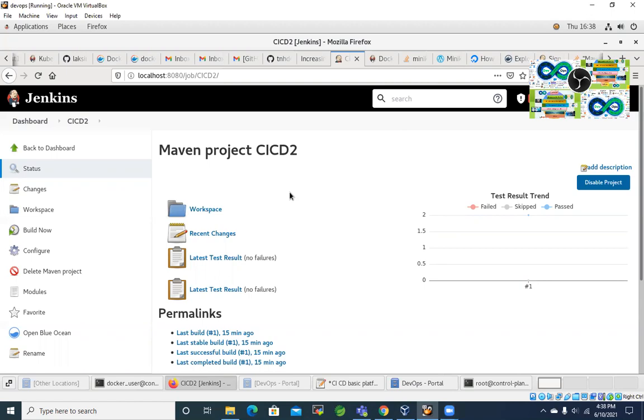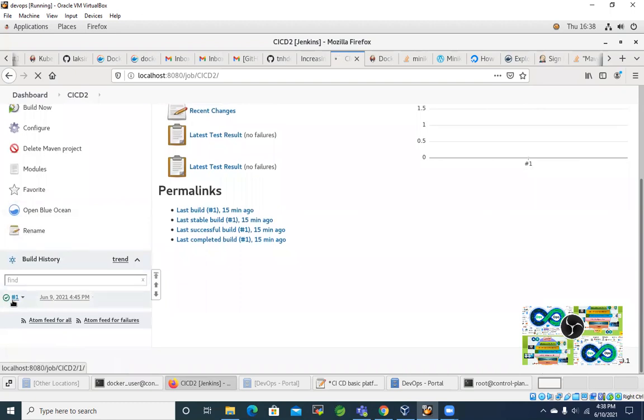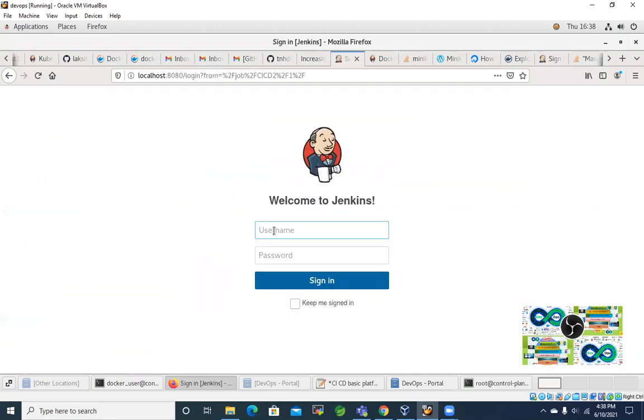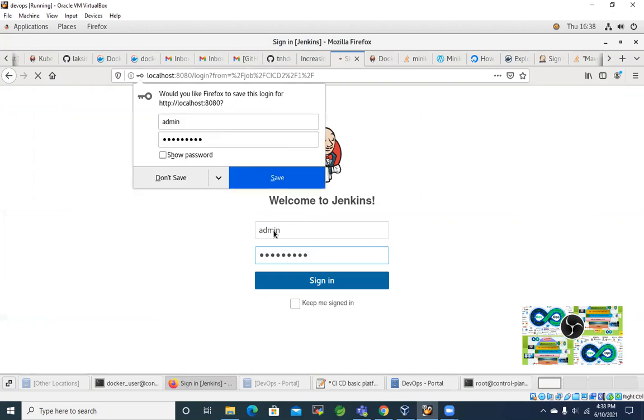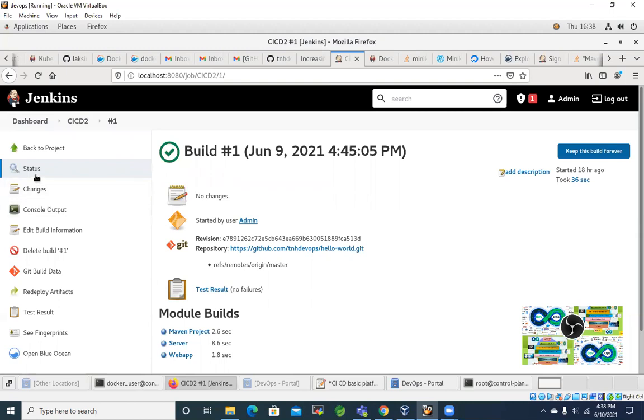In the last session, you may remember that we just ran the basic CI pipeline and did a very basic build with the Maven-driven Java project. We got the build success, and we learned certain things from what is happening in the background as well. Let me log in. So that is done now. Today, the next session is going to be